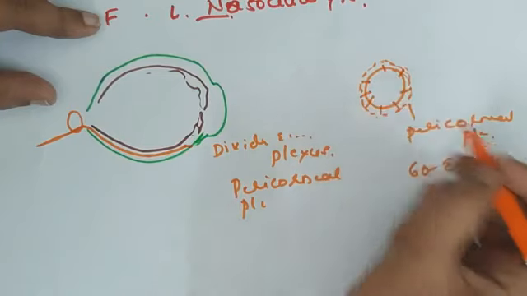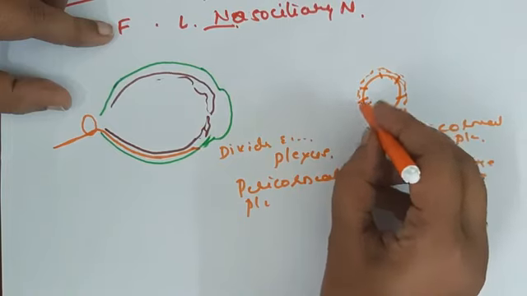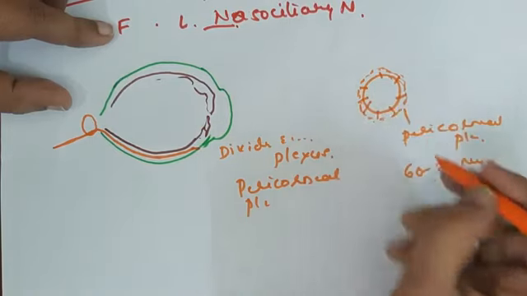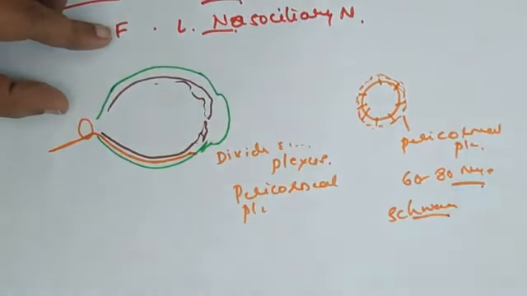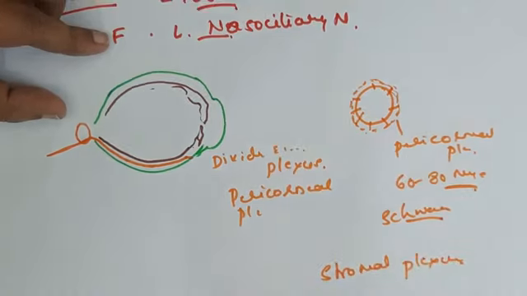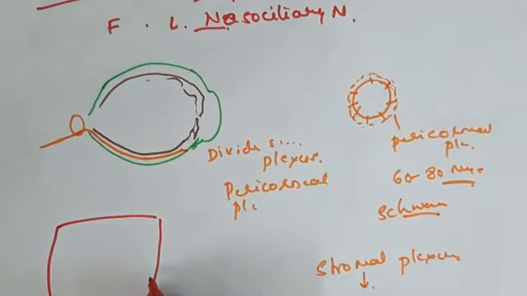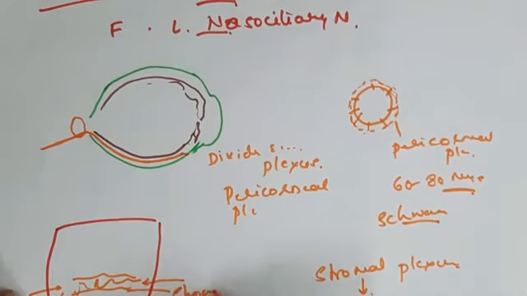When they enter the stroma, they shed this myelin sheath. So there is no myelin sheath when the nerve fibers enter into the cornea, but still they have the Schwann cells which are covering them. Once they enter into the stroma, they divide again and form the stromal plexus. If you consider this as cornea, now the nerve fibers have entered from the sclera into the stroma of the cornea. Again, they have formed the plexus here. This is called as stromal plexus.